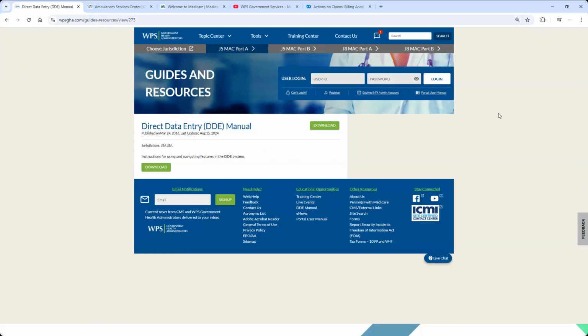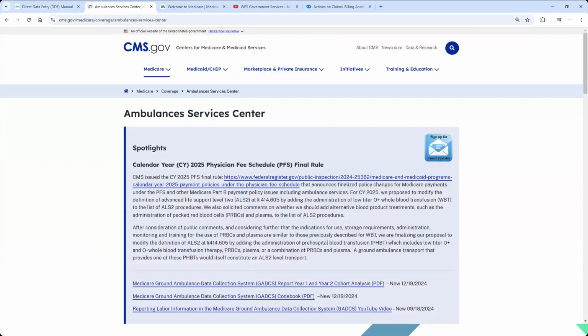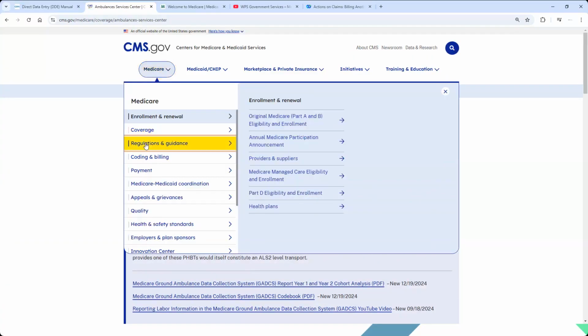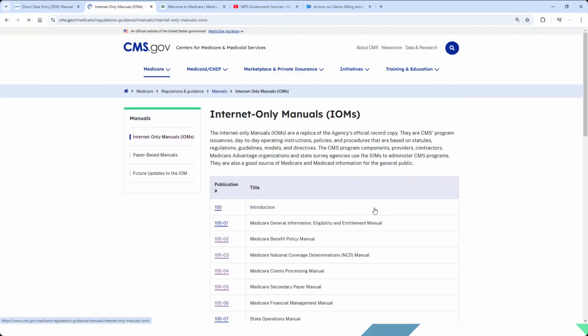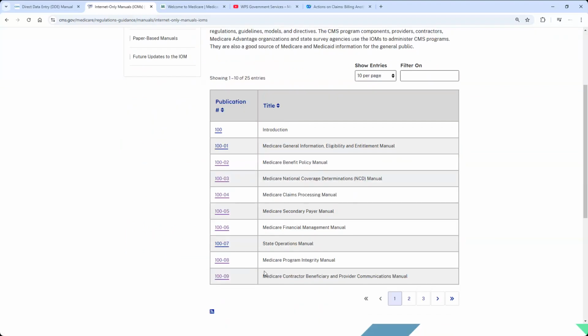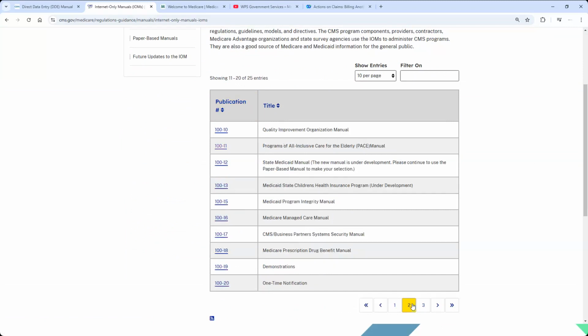Okay, perfect. One other item I'd like to show you before we move on. If you come into Medicare, regulations and guidance, and go into the manuals area, please take a look at the different manuals and be aware of what is here, because all of these manuals contain a variety of information. The reason I'm bringing this up is that the demonstration projects manual talks in general about what a demonstration project is, but it does not list the actual demonstration projects. I forgot to address that portion.